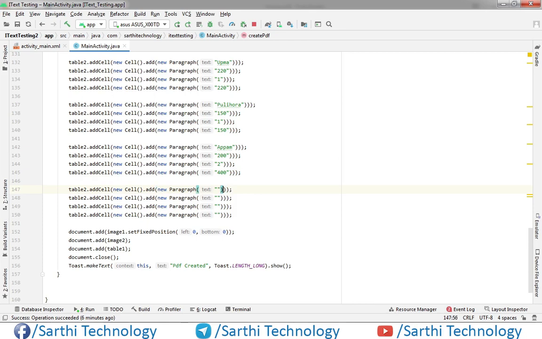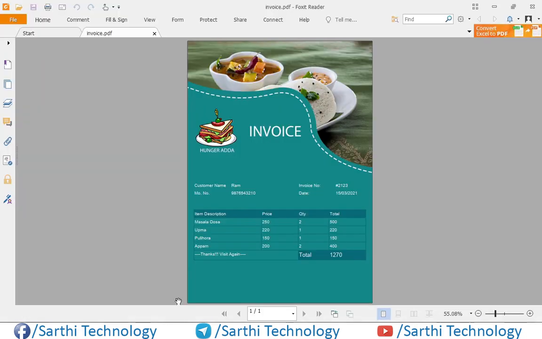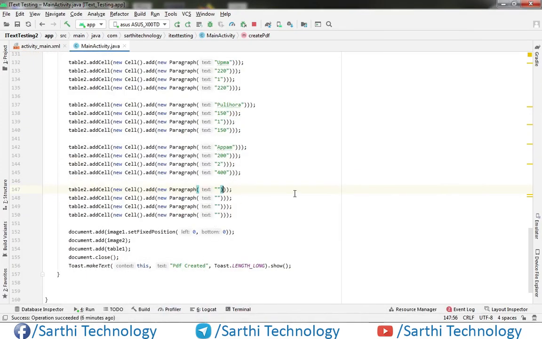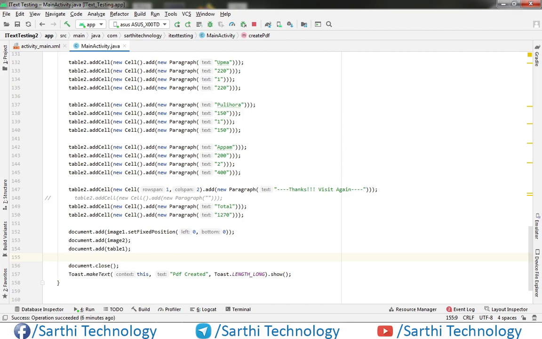Now here we have one column span, and for that 1 comma 2, and here. Okay, so add this table here, and now run.